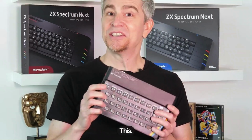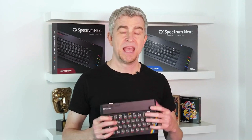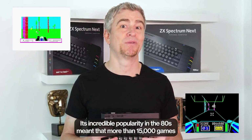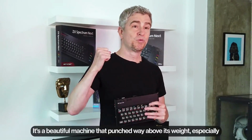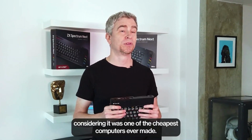This is the original ZX Spectrum computer, one of the coolest machines ever created. Its incredible popularity in the 80s meant that more than 15,000 games were made for it. Some of them seminal titles that shaped the games industry as we know it today. It's a beautiful machine that punched way above its weight, especially considering it was one of the cheapest computers ever